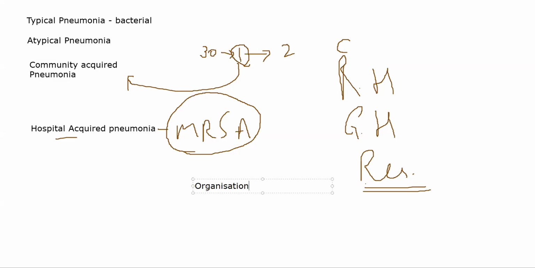Your lung will become leathery in texture and it will not be able to expand properly. So the function of that area, whichever is becoming organized, will be lost. Also, pleural effusions can occur.